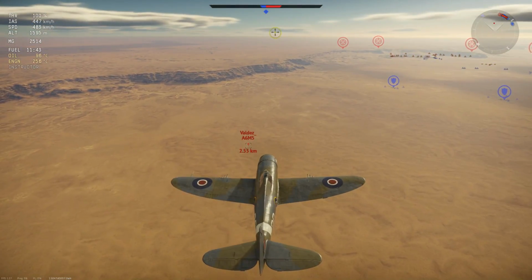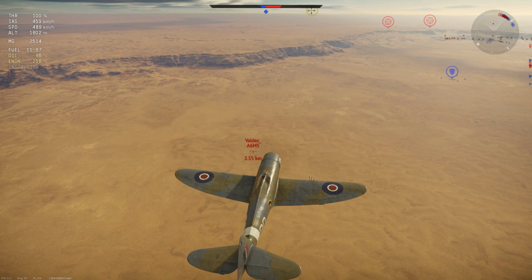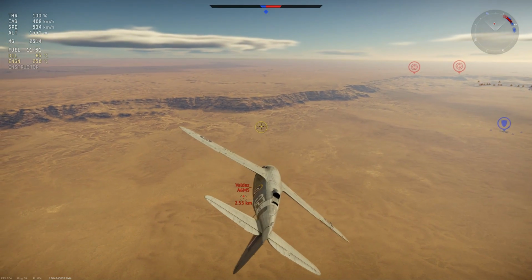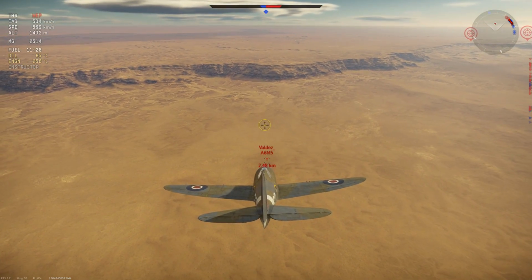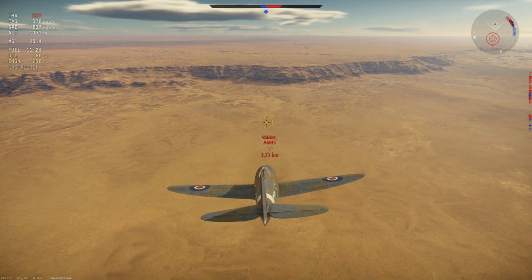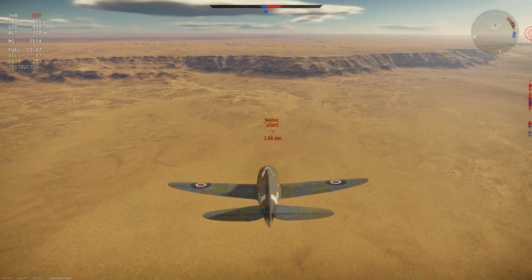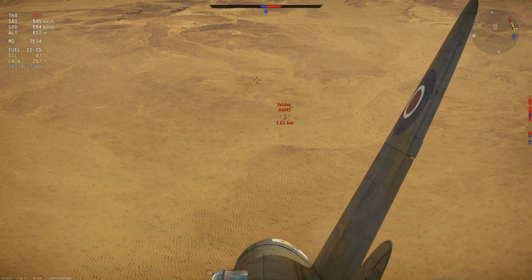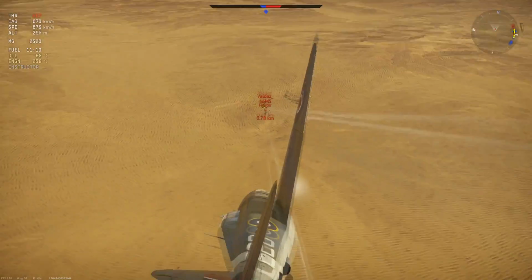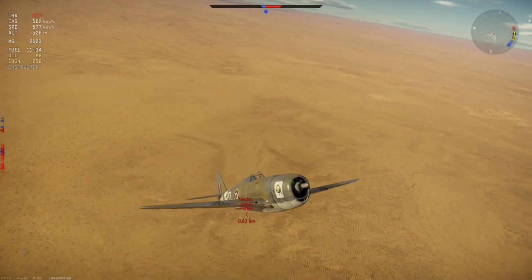You have to be careful against real turners like the A6M5. He only needed 1.5 turns to get on my tail and pump some 20 millimeters into the fuselage. This plane can take some damage though, so that's good. The roll rate in this plane is on average good. It is only average below 300 kilometers an hour, and above 450, around 500 kilometers an hour, it is actually very good to great. I mean, the faster this thing goes, the better, and if it's a little bit on altitude as well, then yeah, she has a great roll rate,